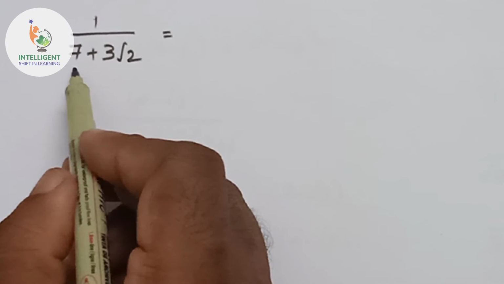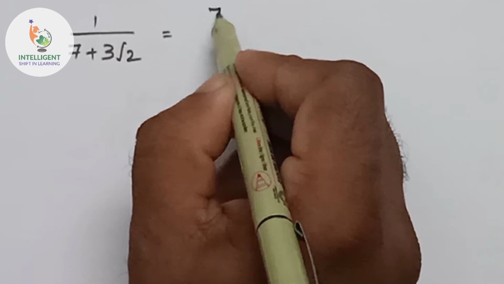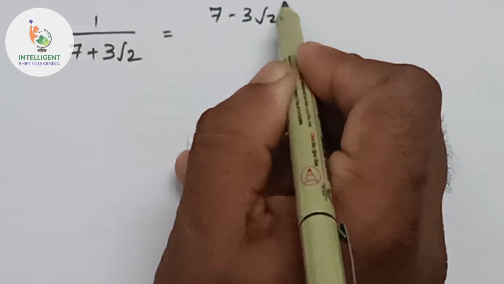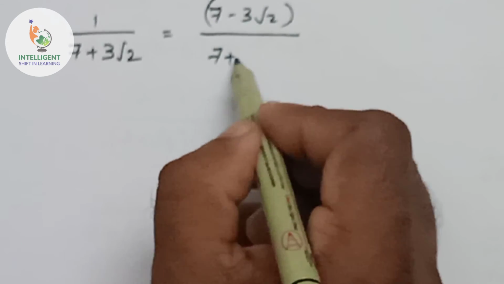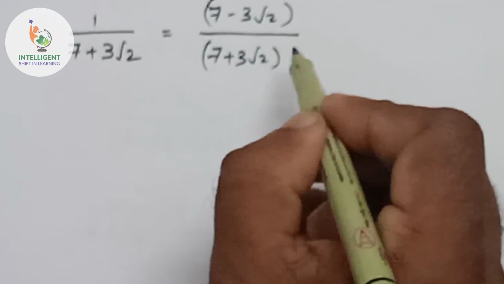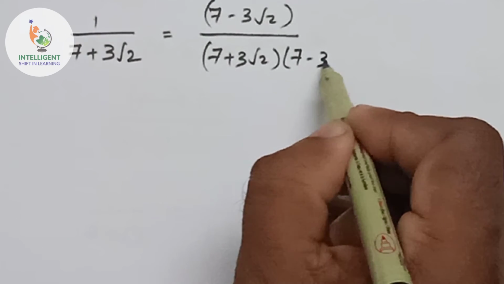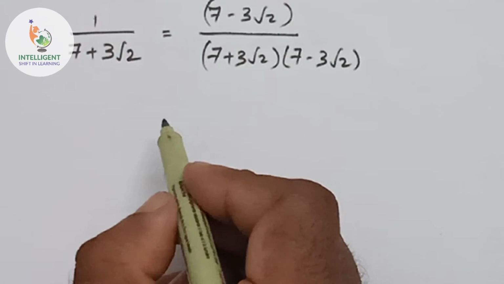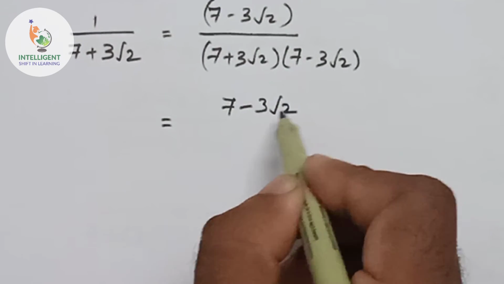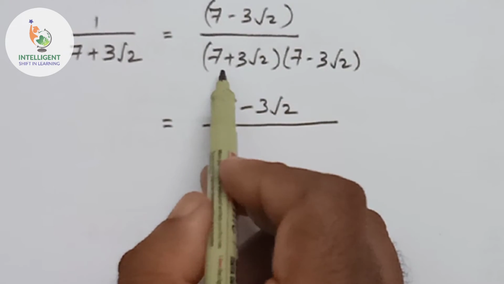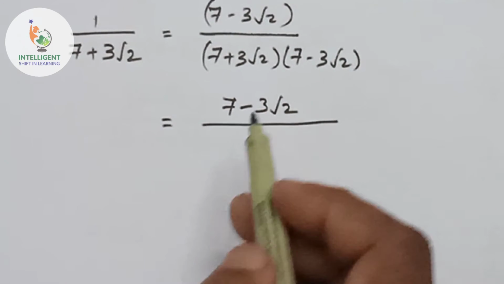So the conjugate of 7 plus 3 root 2 is 7 minus 3 root 2. That is 7 plus 3 root 2 into 7 minus 3 root 2 equal to 7 minus 3 root 2 divided by a plus b into a minus b is a square minus